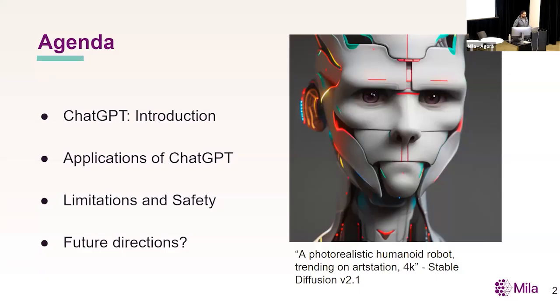First of all, a little bit of talking points today, what we're going to be looking at. First things first, I'm going to do a brief introduction to what ChatGPT actually is, this thing that everyone's been talking about. I think more and more people are starting to understand what this thing is. When I first gave this talk about a month ago, it was still like, what is this? It's kind of a mystery to everyone, and now it's become more of a mainstream name. We're going to talk about a lot the applications of ChatGPT. What is it good at? What is it bad at? Then we're going to do a bit of an overview of some limitations and safety, and a quick tour of future directions and where do we go from here, and what is happening in our society right now. What are people saying?